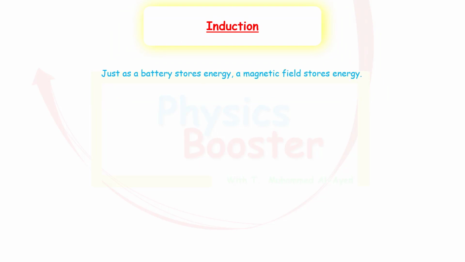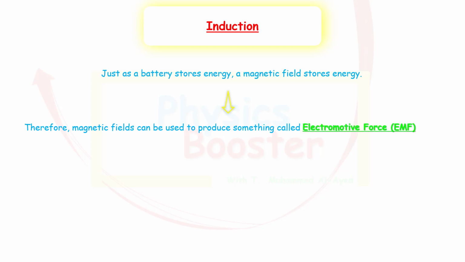Just like a battery can store energy, a magnetic field can also store energy. So these magnetic lines or the magnetic field also has a form of energy inside it. This type of energy can be used to produce something called the electromotive force. Some of you may have already heard of this term, electromotive force. It's another term for potential difference. There's a small difference between them. It's not what we want to talk about right now, but it's just a form of potential difference or voltage,